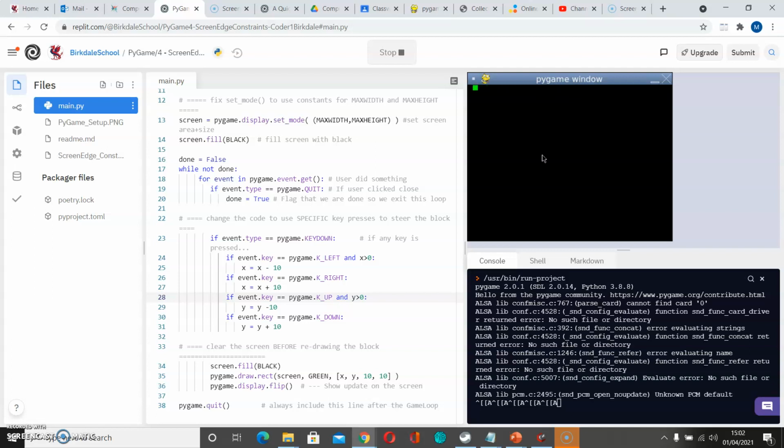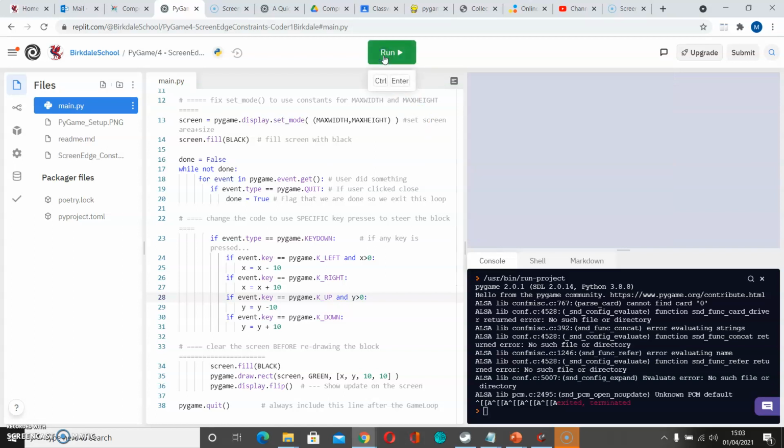If I go here to the left, I'm pressing the left key. I'm not moving any further. So I'm constrained and can't leave the screen on that side. However, I can still go off the other edge. So stopping being less than 0, keeping it positive, was a way of keeping you on the left and top